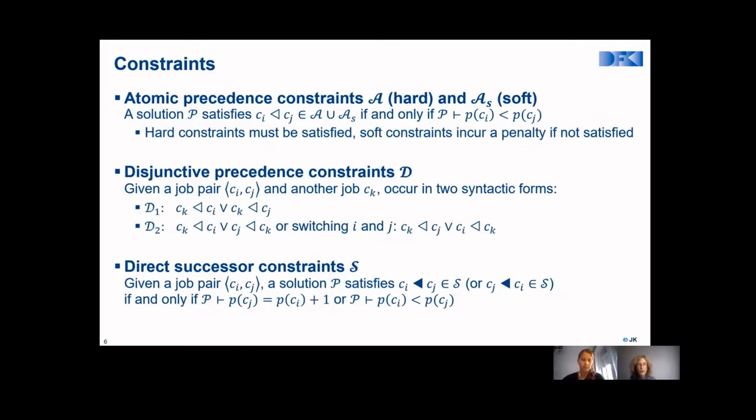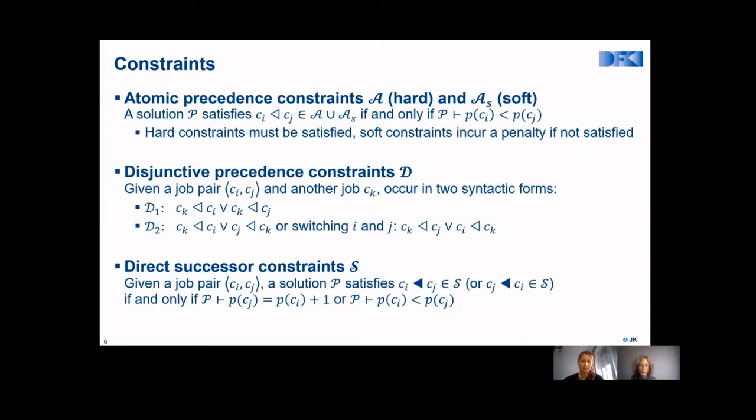First, we distinguish atomic precedence constraints, which can occur in hard and soft form. The hard atomic precedence constraints must be satisfied, whereas the soft constraints incur a penalty if not satisfied. An atomic precedence constraint defines an ordering between two cavities. So a cavity Ci must precede a cavity Cj, and this means that the position of this cavity Ci must occur before the position of the cavity Cj